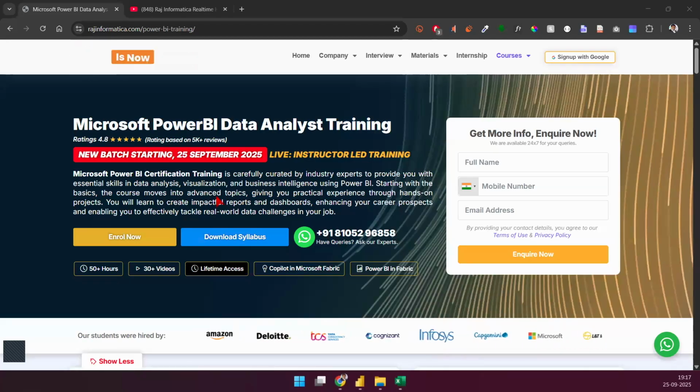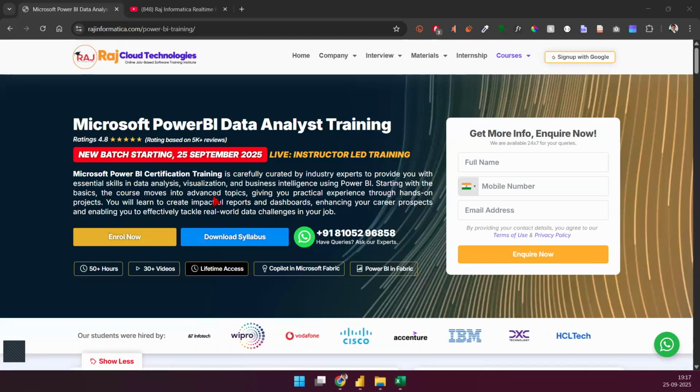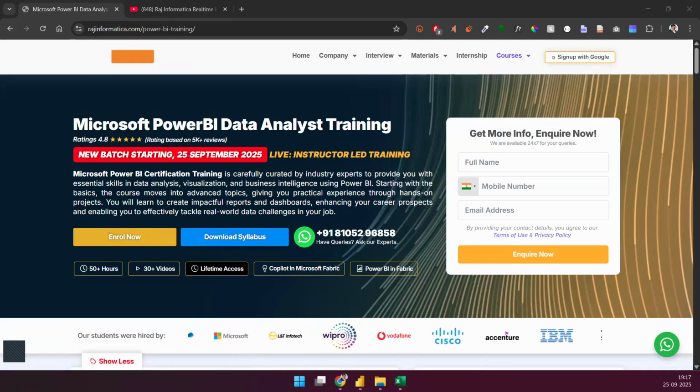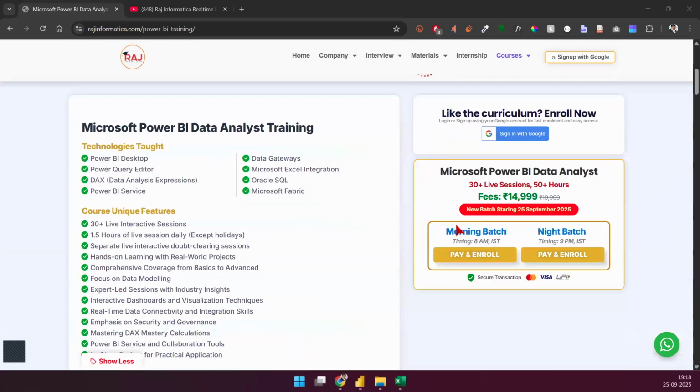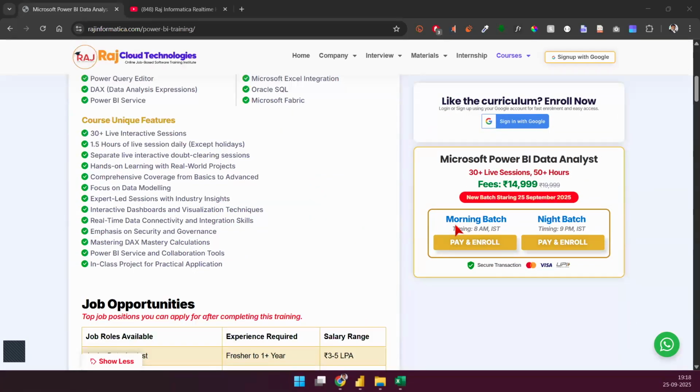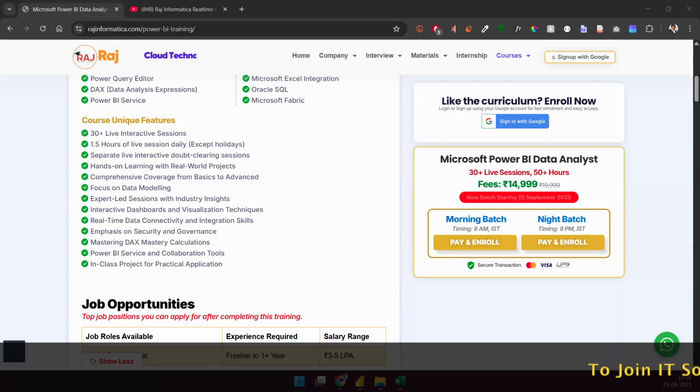This is going to be at least 20 to 25 sessions max. It's a month duration. One month is what I'm looking at from now. That's where it will end. Two hours daily, about 30 hours in total. This is going to be a weekday session. We have both morning and evening batches for weekdays alone. We don't have it on weekends. So yes, all weekdays, Monday to Friday, we will have the sessions.